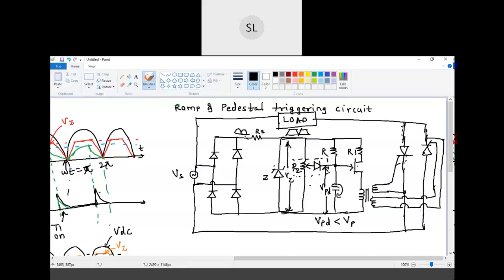Now again this voltage will be applied across the circuitry. So now because of this resistor R2 and this diode D, some amount of voltage will always be maintained across this capacitor, that is called VPD, that is the pedestal voltage. Okay, so that every time this capacitor will not have to charge from zero, rather it will start charging from this previously stored charge, that is at VPD.